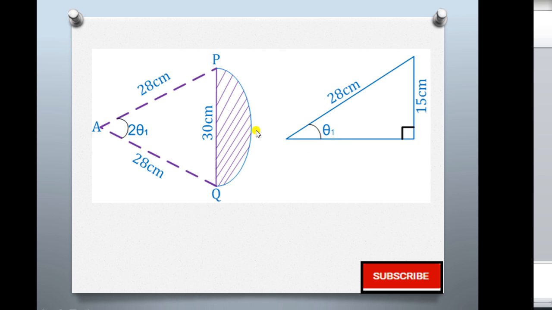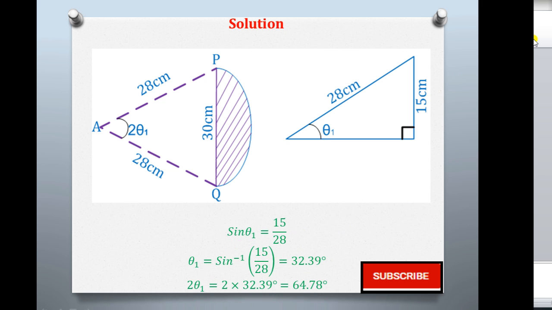Now, if I can get the value of theta 1, then automatically I'll be able to get the value of 2 theta 1, simply because this angle is twice this angle. So how are we going to get this theta 1? Using SOHCAHTOA. So we shall say the solution: sine theta 1 is equal to the opposite over the hypotenuse, which is this. Then you simply take the sine inverse to get theta 1, and that gives you 32.39 degrees. Now the required angle that we want is 2 theta 1, which is the whole of this angle here. It will be 2 times 32.39, and that gives you